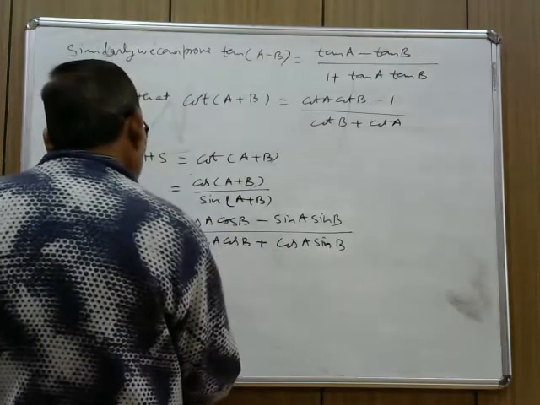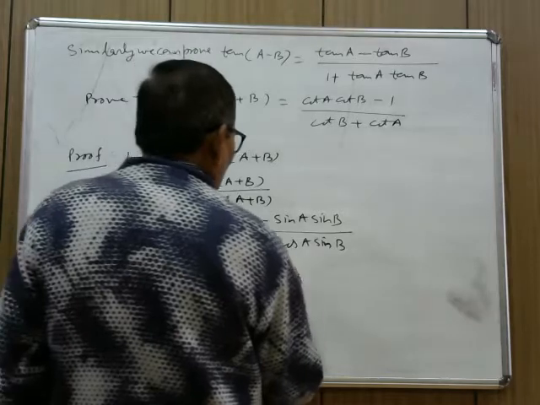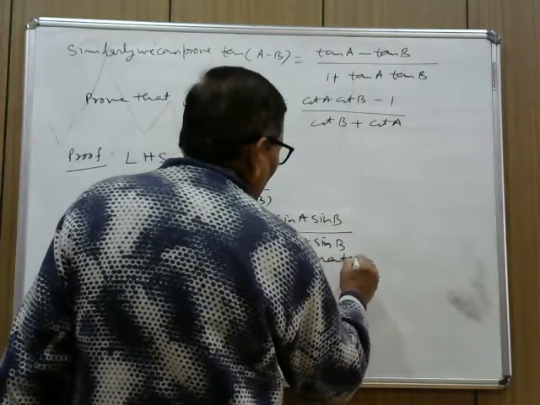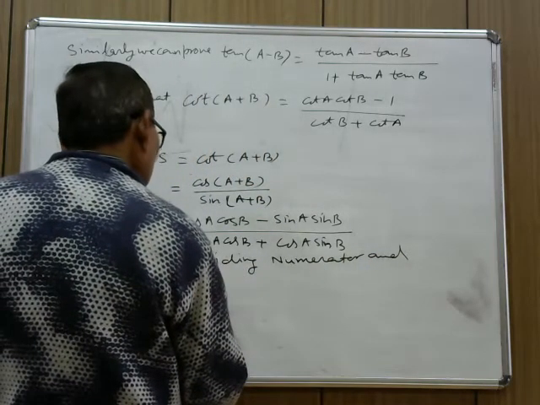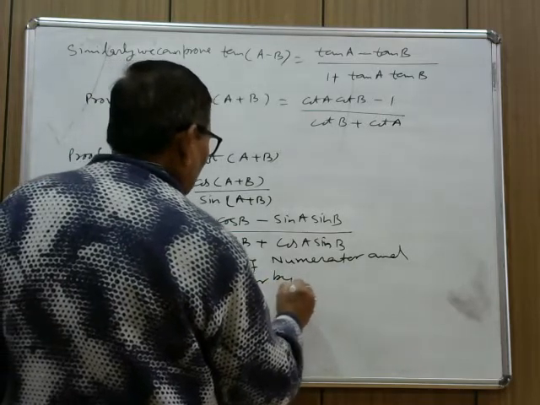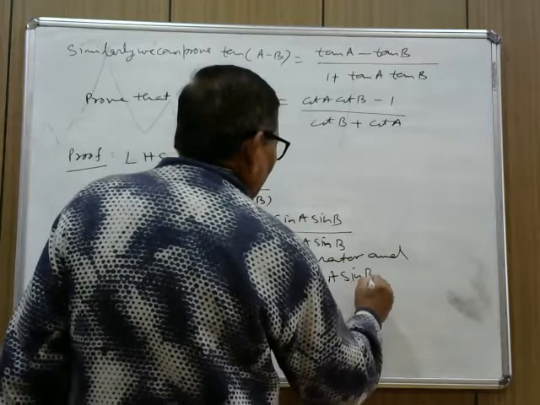On dividing the numerator and denominator by sin A sin B, we get